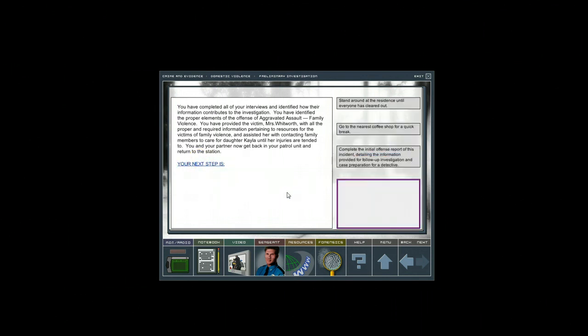Okay, your next steps: stand around a residence until everyone is cleared out? No. Go to the nearest coffee shop for a quick break? No. Complete the initial offense report with this incident, detailing the information provided for follow-up investigation and case preparation for a detective. Correct. The detective now becomes responsible for this investigation and the building and filing of a case with the